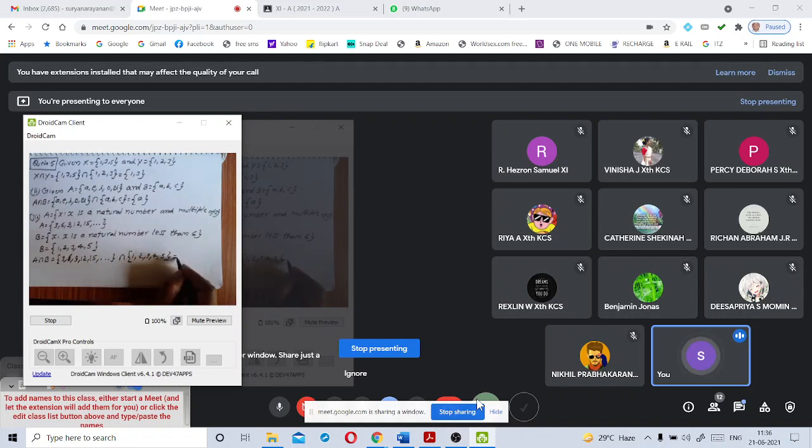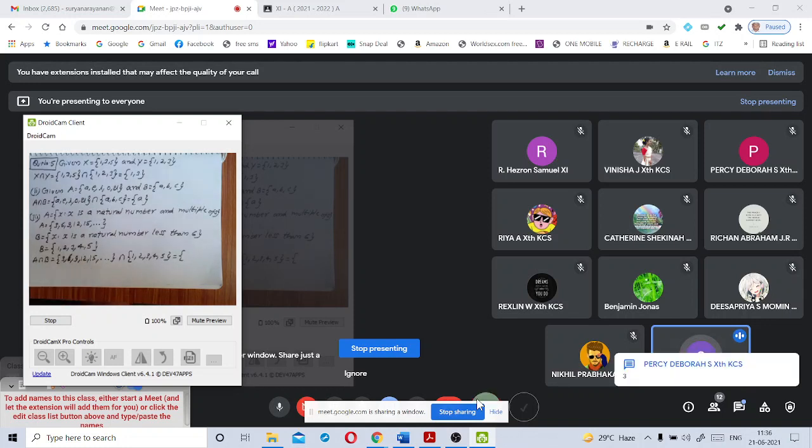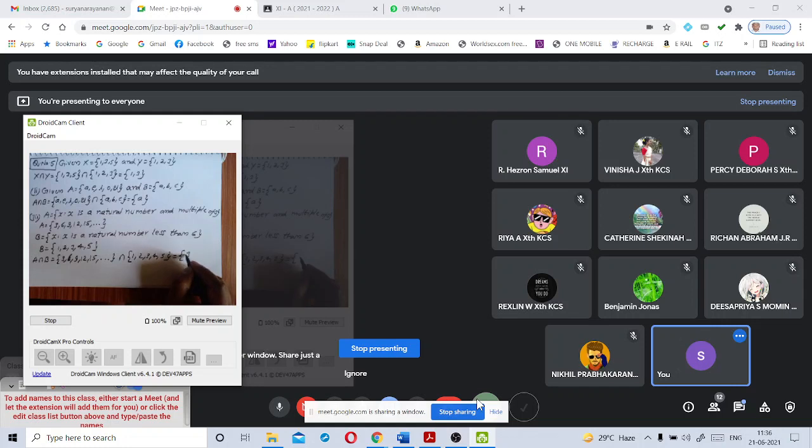Now can you tell me what are the elements in common? What are the elements common in both sets? Can you tell me, Disha Priya? Yes, very good, my dear. Only 3. Only one element is in common in both sets, that is 3 only. So in this case, we write them in the roster form, and then we find the